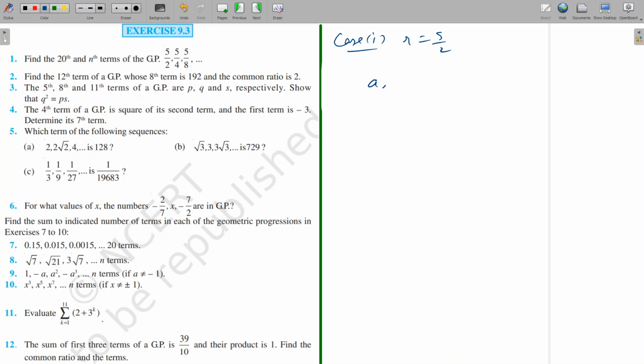We have A1R equal to 1. Therefore, we can say that A1 into 5 by 2 equal to 1. So this will give us A1 equal to 2 by 5. So we have got A1 and we have got R. Therefore, what we have to find is the first three terms of the GP. So in case 1,